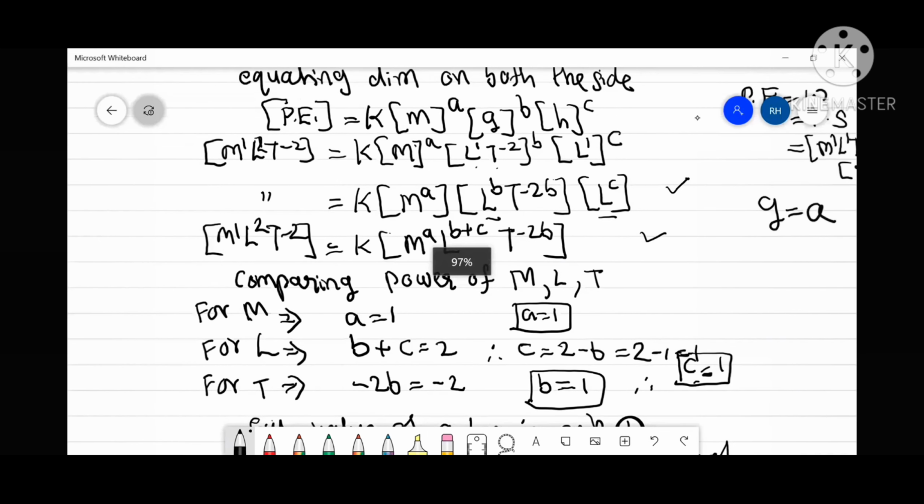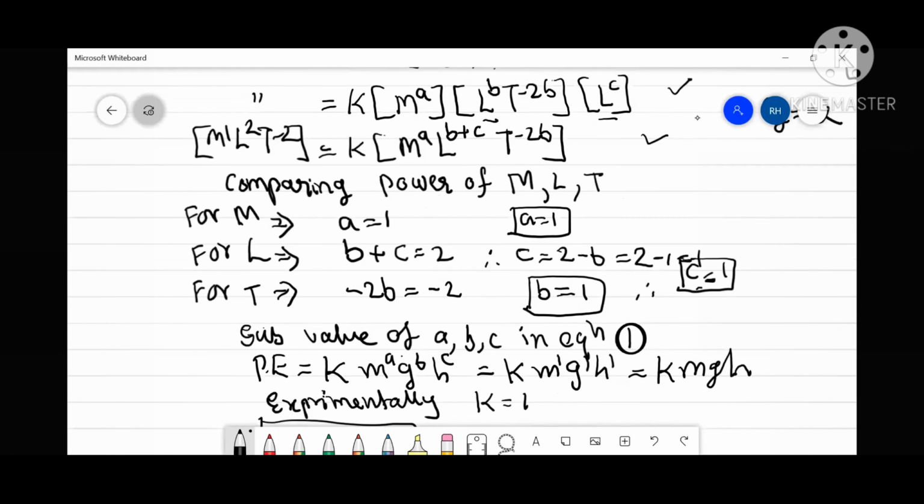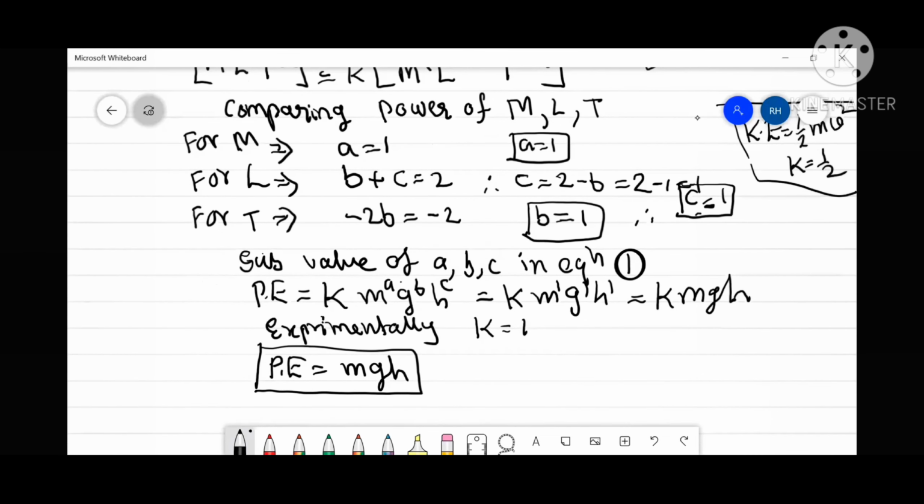Now three values are there, a, b, c. These three values substitute into equation number 1, and equation number 1 becomes K into mgh. Now this K value I consider as 1 because already I know the formula for it. But in case of kinetic energy, what is the formula for the kinetic energy? Already you know it. It is half mv square. That time K we consider as half. And for this case, K is taken as 1. If you know the formula for it, you know the constant value. Otherwise, write as it is. Next step, after substituting the K value, I will get potential energy is equal to mgh.